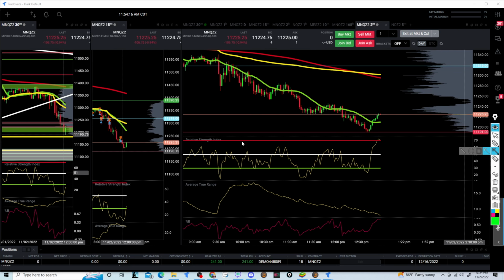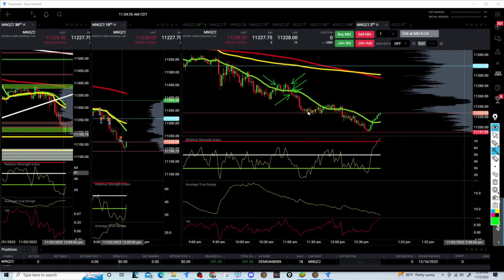Let me start over. If it comes above the 20, okay, wait for it to close back below. It's very important. The candle has to close below the 20. Then you can sell the next candle, okay, because it's at the 20. All right? Wait for a new candle to come back into the 20, close below the 20, and then you can sell the next candle. Okay, even if you did it right here,